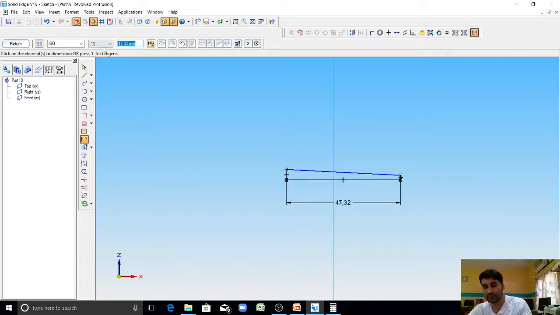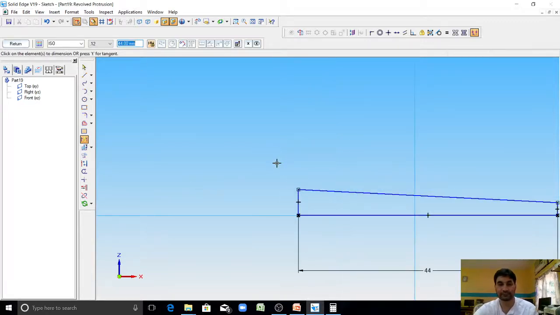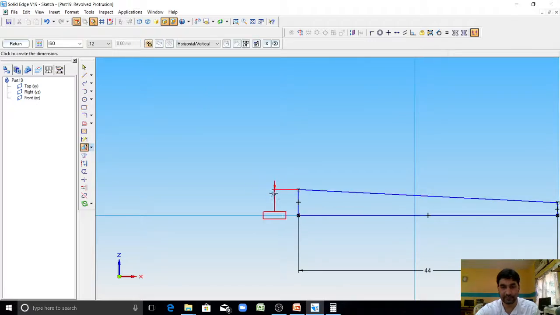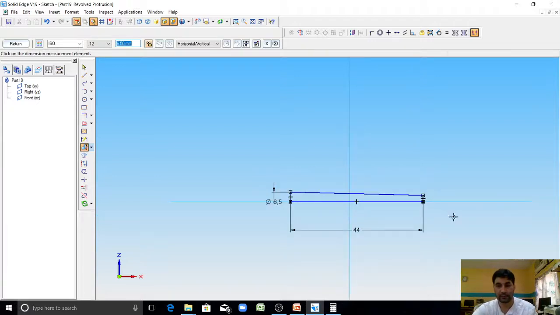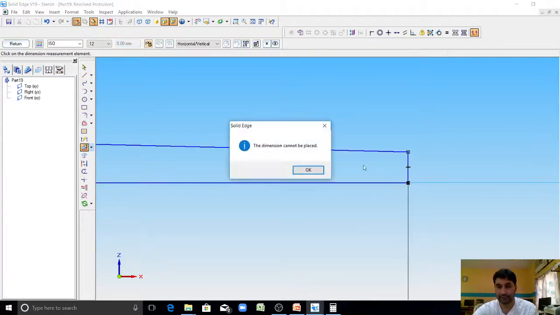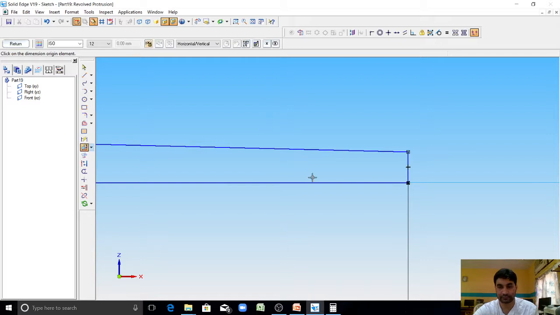Length should be 44. Using symmetric diameter, you mention the diameter here. This is 6.5. This is 5.62.